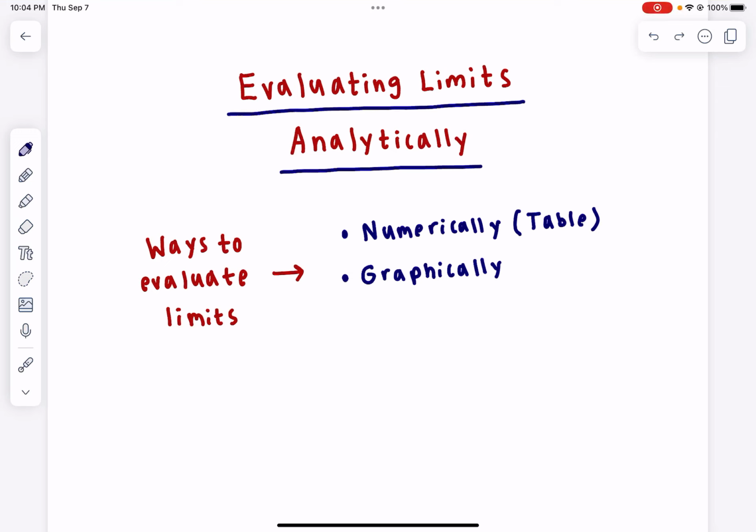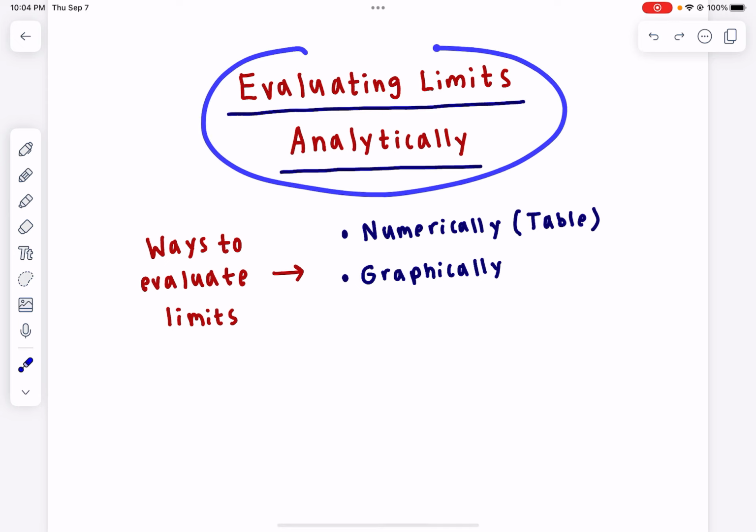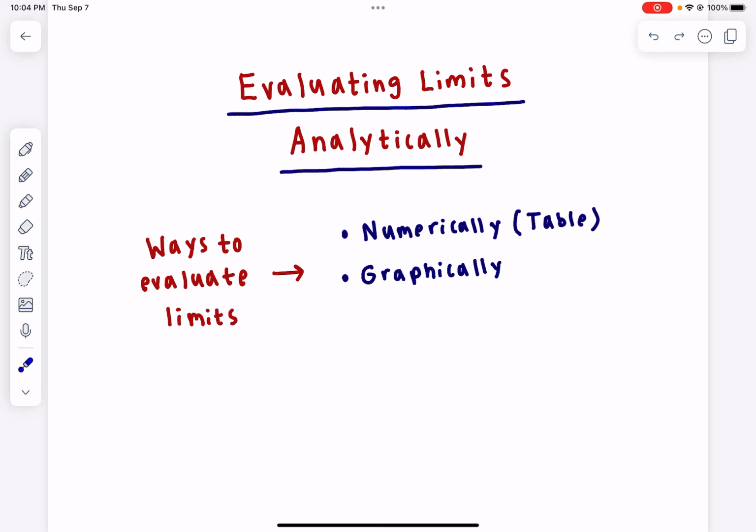Alright, so for today's video, I wanted to go over evaluating limits analytically. So we'll talk about what that means in just a bit. But just to start off this lesson, I just want to refresh on the different ways to evaluate limits. So far, throughout this past week and last week, we have been investigating how to evaluate limits numerically